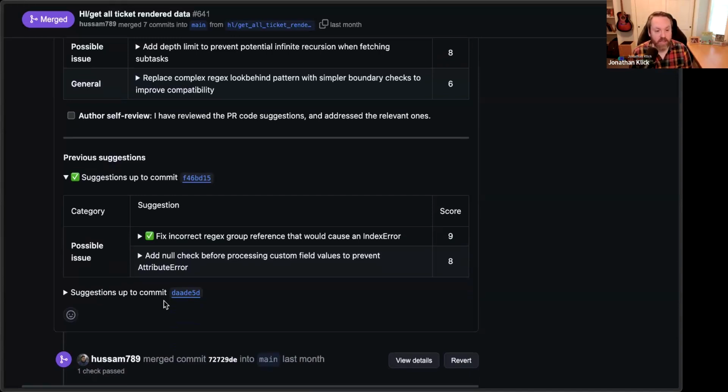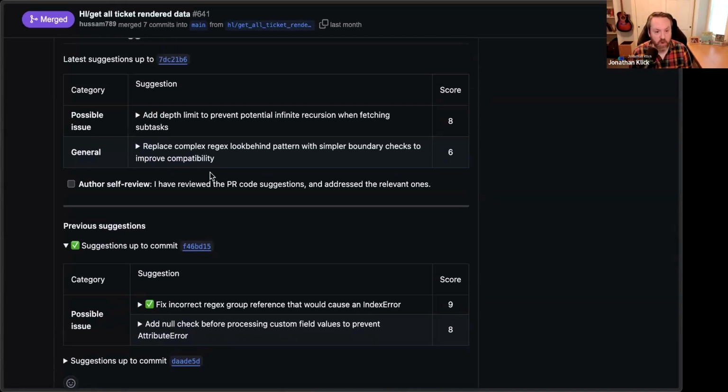And I will also highlight the other thing that I did not show you here from the Qodo Merge perspective from a code review perspective. If you do have that best practices markdown file, when we're giving suggestions here around possible issues or other things like that, you will see a category here for organizational best practices. And if there's any organizational best practices or coding practices that are not being adhered to, we will also point them out here in the code review process based on that best practices markdown file.